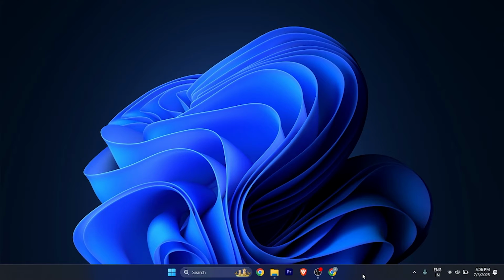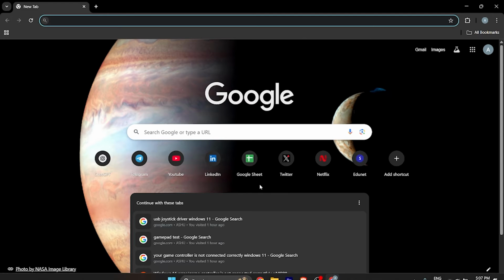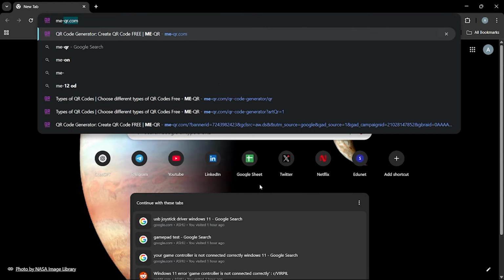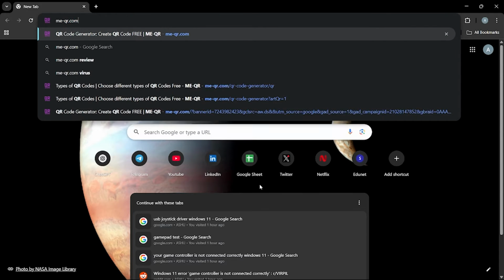Well, in this quick tutorial, I'm going to show you how you can generate customized Wi-Fi password QR codes. You might already know a process to generate a QR code for a Wi-Fi password, but that's a very boring QR. Now, in order to make a customizable QR, you simply need to open this site, which is meqr.com,